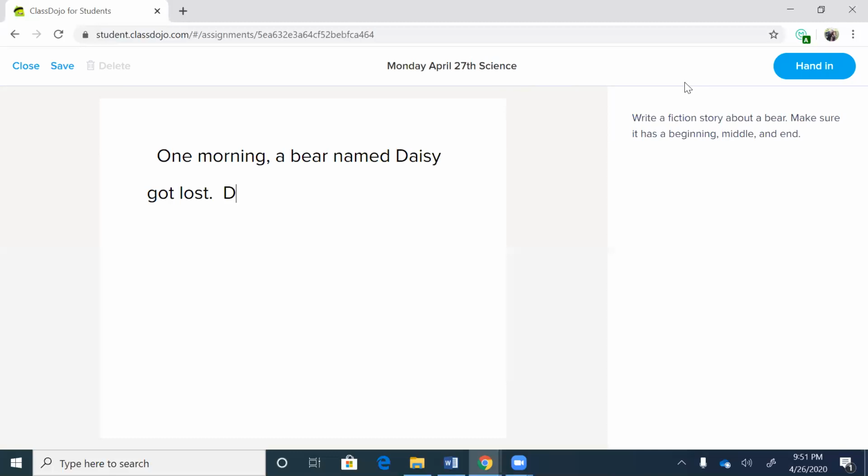Daisy is so scared and worried that she won't find her mom. Now, I'm going to make the middle of my story be about all the places Daisy is looking. So I'll use a word next. Wait, I don't like the way it sounds. One morning, a bear named Daisy got lost. Daisy is so scared and worried that she won't find her mom. Next works good. Next,